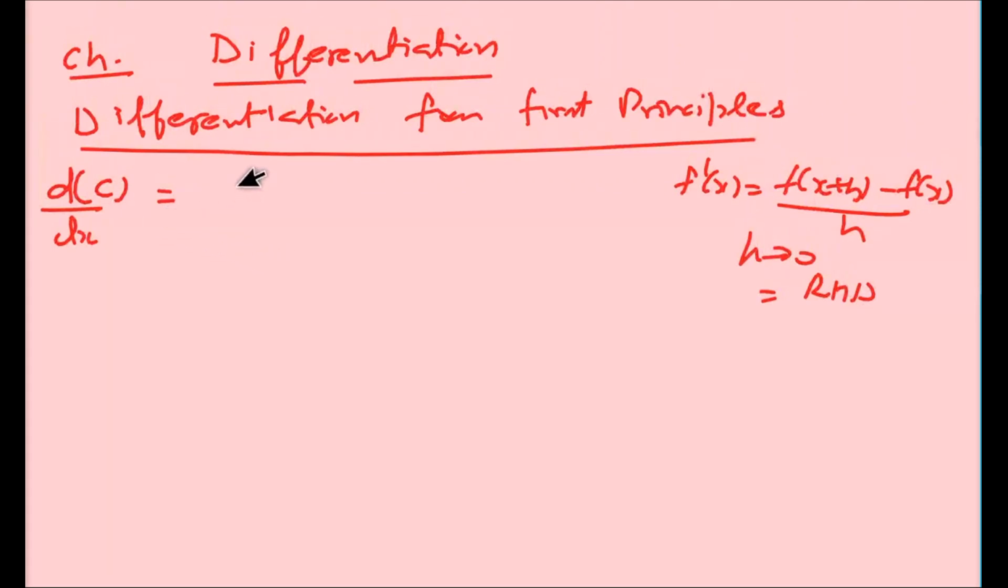Okay, so now adding here c plus h minus c upon h, what is h here? y2 minus y1, c plus h minus c. Okay, so we get here h tends towards 0. What we got here? c is cancelled out, h upon h, h tends towards 0, and we will get here